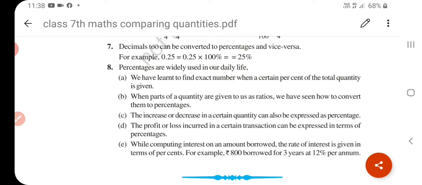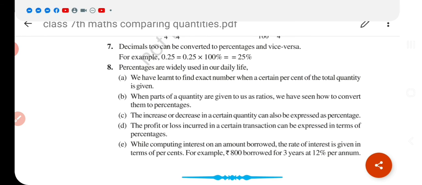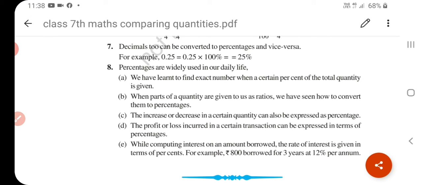For example, 800 borrowed for 3 years at 12% per annum. Okay, understand? So in this chapter we learn so many things about percentage and about profit and loss and so on. Okay, so remember these things, and you have to remember all the formulas. What is the formula of amount? Amount is equal to principal plus interest. Okay, and what is the formula for simple interest? The formula for simple interest is equal to PRT upon 100, where P is principal, R is rate of interest,